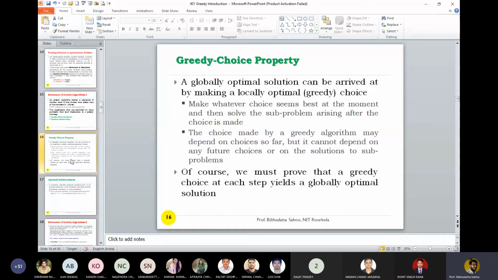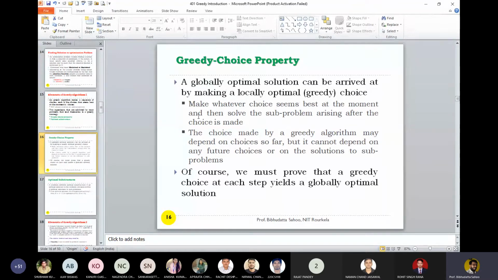A global optimal solution can be arrived at by making the locally optimal or greedy choice. That means if you look into a pathfinding problem, you select an edge among 3 alternatives, then again you select an edge among 5 alternatives, then you select an edge among 2 alternatives, and you can combine it. But while selecting, you don't bother whether 2 vertices are connected. When you try to construct the spanning tree, you start with a vertex, you move to another vertex with a minimum edge. Then from that the connectivity is there. Connectivity is an inherent part of the solution making, of course.